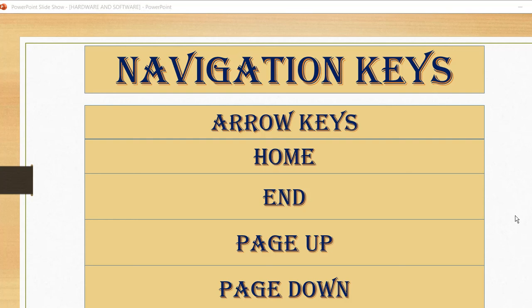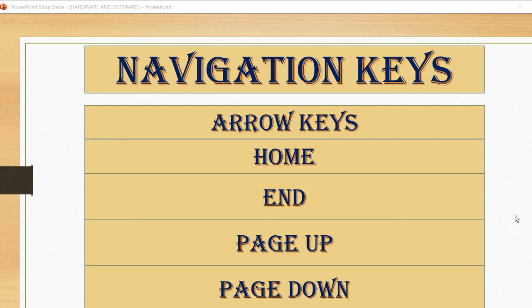Now, I am just telling you about the next key, that is page up key. What is the use of page up key? Page up key is used to move the cursor up by one screen. It means if you want to move the cursor up by one screen, that time you can use page up key.